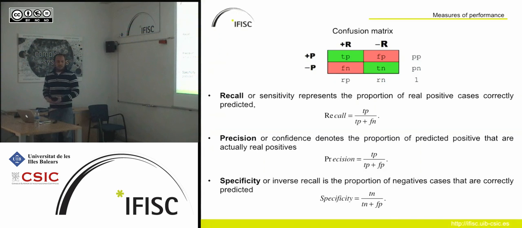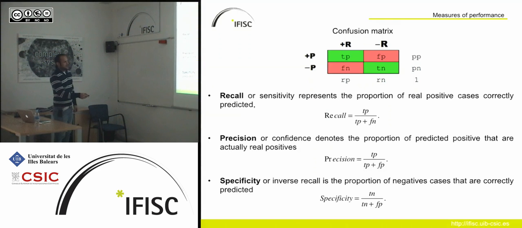Why is this important? In the case of a medical application, it is very important because if we have a high recall, we are detecting the pathological cases. I am sure that maybe you think, but if I am healthy and you tell me that I am sick, it's not good either. That is detected by the precision. But yes, it is true, but it's worse if you are pathological and I tell you you are healthy. So in the medical environment, the recall is going to be more important.